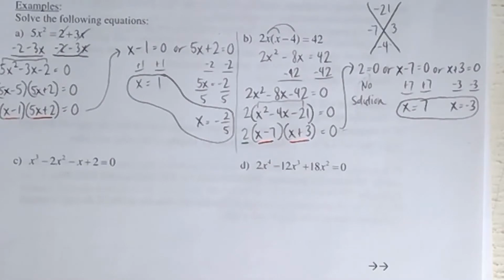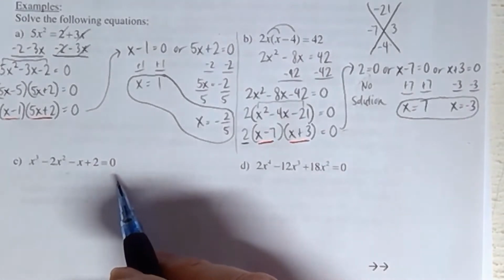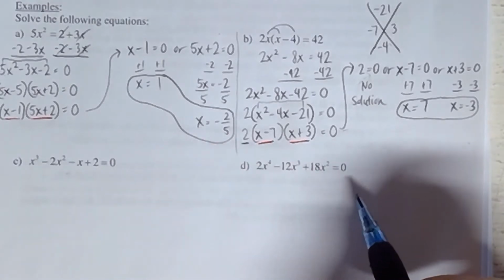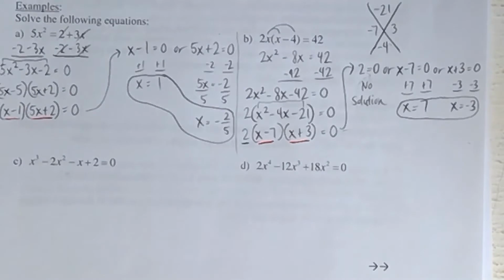where the highest exponent is bigger than 2, fortunately we can use the same method that we used for quadratic equations here in this section, which is the factoring method. So in other words, you still move all the terms to one side, which is actually already done for us in these two problems because you have 0 on the other side already. So the terms have already been moved to one side.